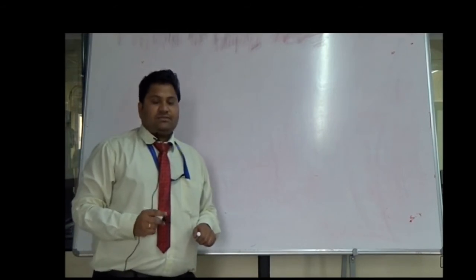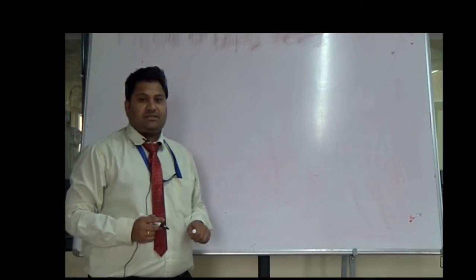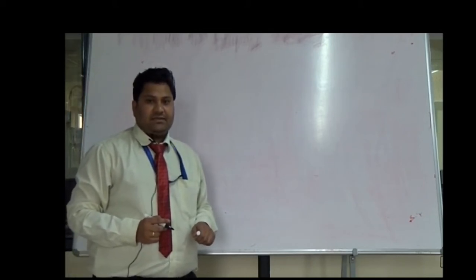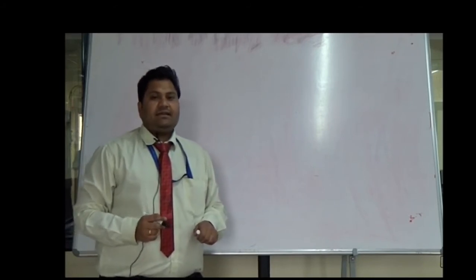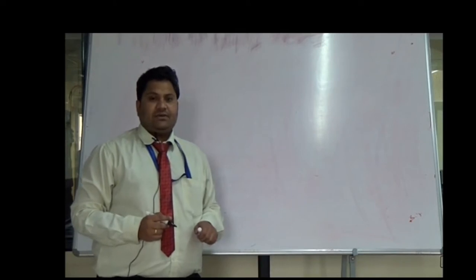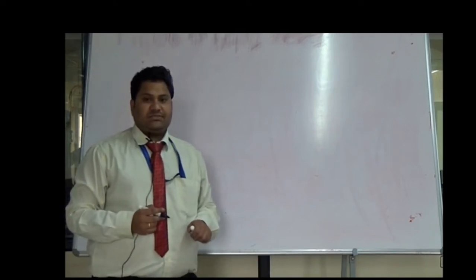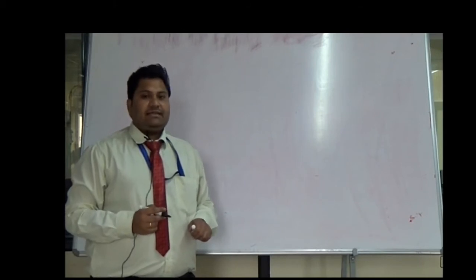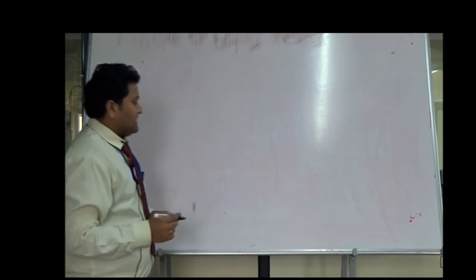Now we have to discuss a very important module from the production process, that is metal cutting. So what is metal cutting? First of all, metal cutting is nothing but machining. You have to remove the unwanted material from the workpiece. The basic elements of metal cutting, there are three basic elements, that is,